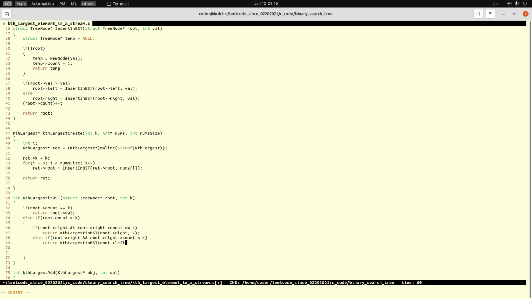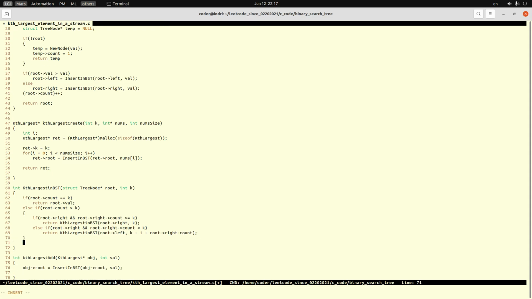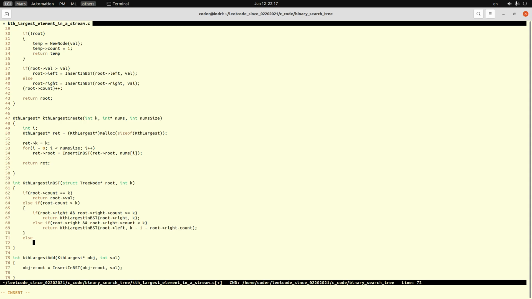Is left. It must have left, I think. And k minus 1 minus root right count. Okay, that's the one when we got the root child. Else, what if root count is less than k? That's the problem. In that case, that will be